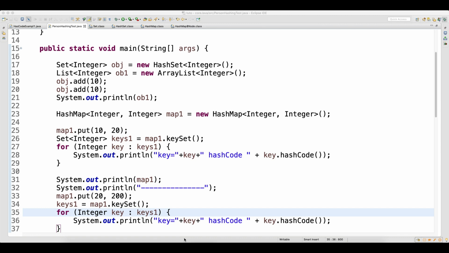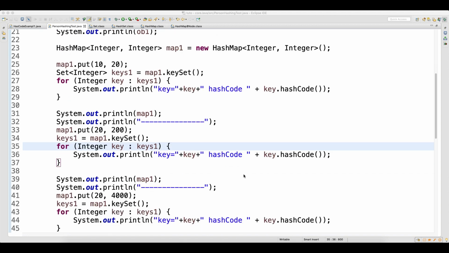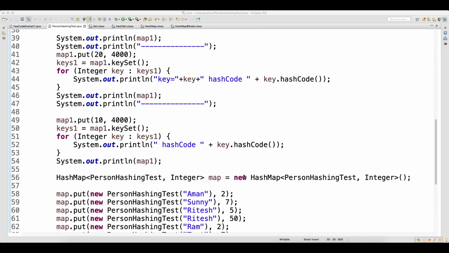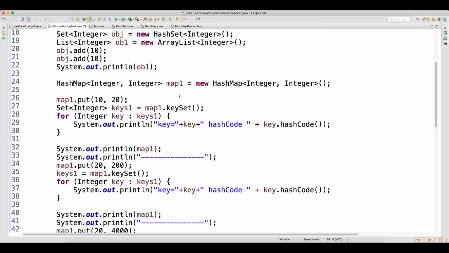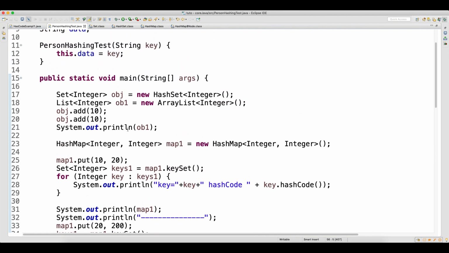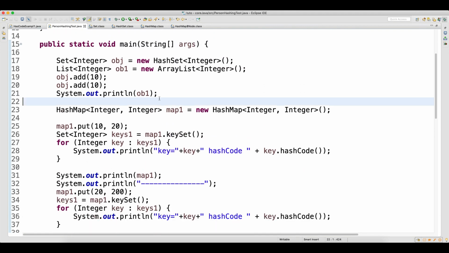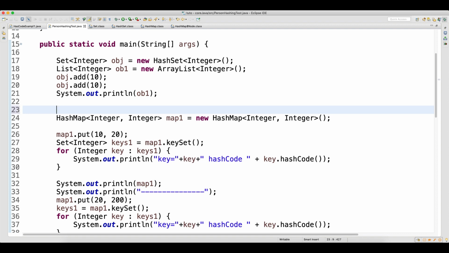Welcome back guys. Before jumping into the internal implementation of the hash map, first we will see what was happening when we stored the primitive data type and what happened when we stored the derived data type, the custom object type. So why was duplicacy taken care of here? I have fine-tuned the program so that you can understand it very well.